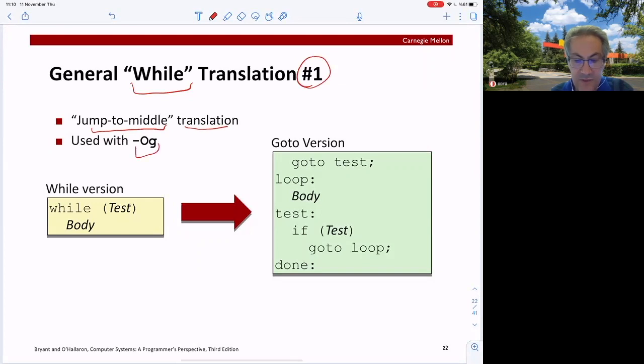Okay, this is used with zero optimization. Again, here we have a test. Here we have a body. Now, the goto version for this jump-to-middle translation is the following. You have the test here at the end, and at the beginning you do a goto test. Jump here. You do the test, okay, and if the test is true,